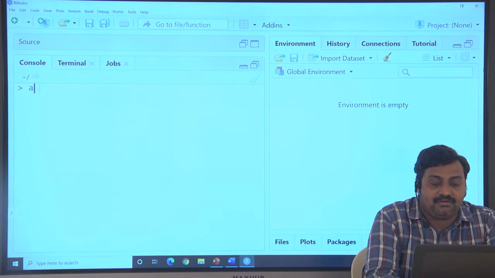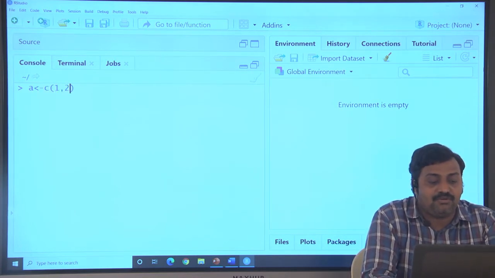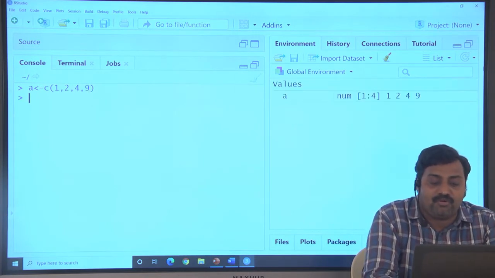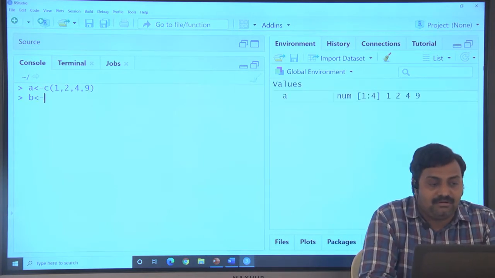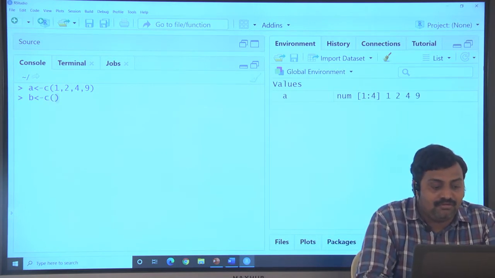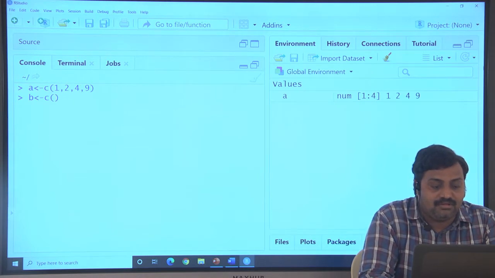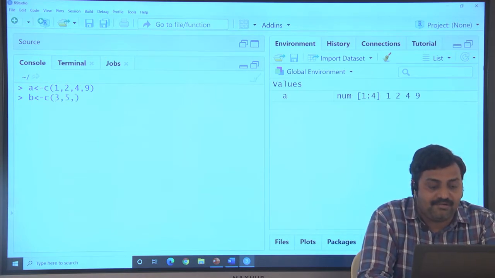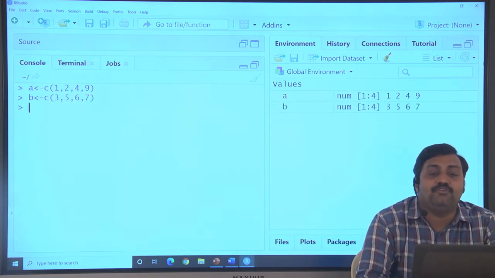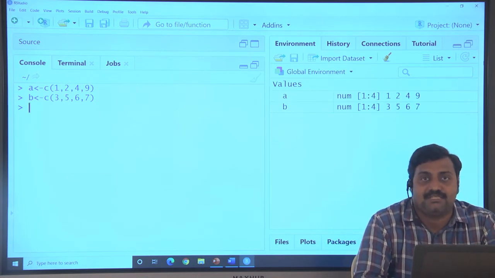Vector a is c of 1, 2, 4, 9. I am creating one more vector, b, c of 2, 3, 5, 6, 7. I am creating two vectors with equal size.